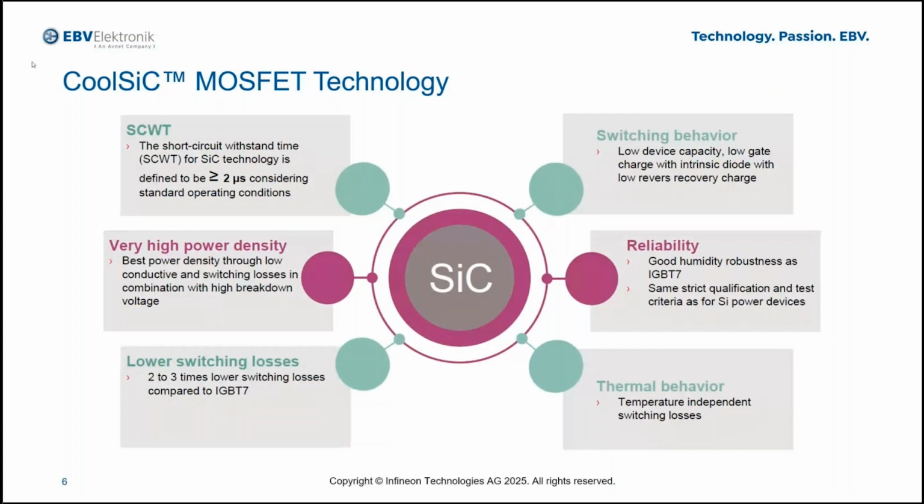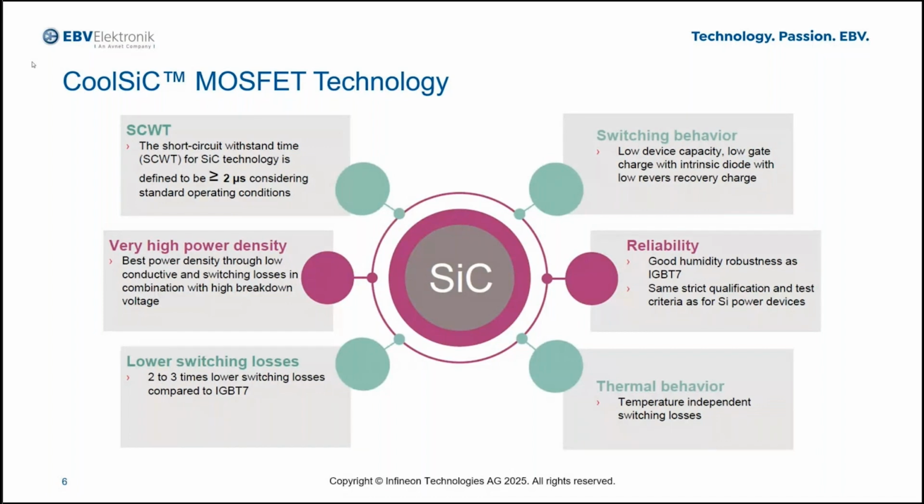And the switching behavior of silicon carbide has a lower capacitance and a lower gate charge compared to IGBT7. And the intrinsic body diode, which is a full rated body diode, also provides good commutation behavior